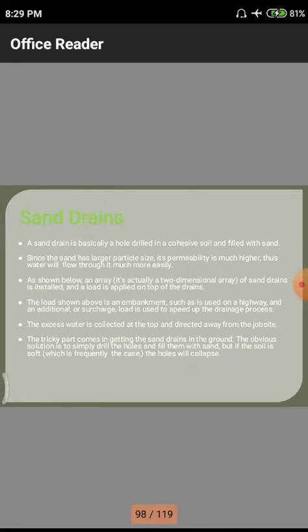And the next one is the sand drain. This is another topic related to ground improvement techniques. Sand drain means we drill a number of holes into the soil itself, and into the holes we fill sand, because sand has a property of bulking by absorbing surrounding water. Sand will absorb the total amount of water present in the surrounding soils, so that the total water is collected at a particular point, and by using pipes and other flowing devices like motors, we can easily drain off the water present in the soil.